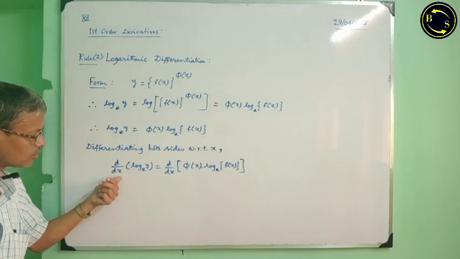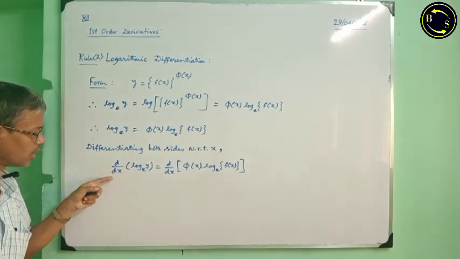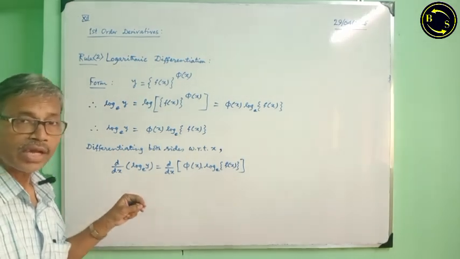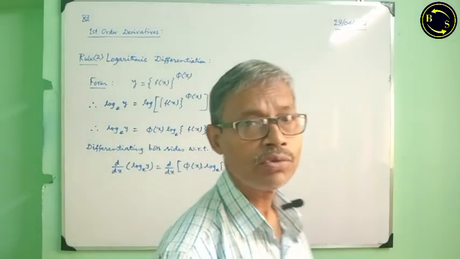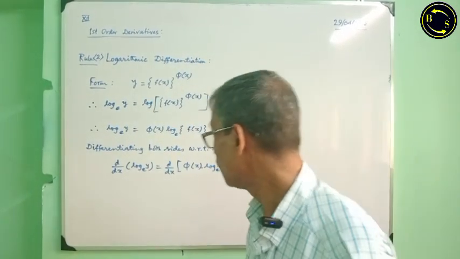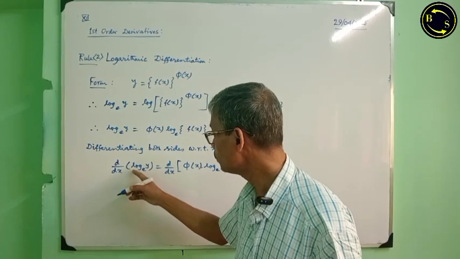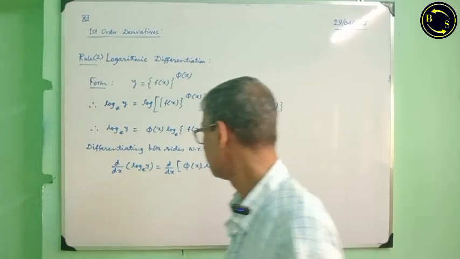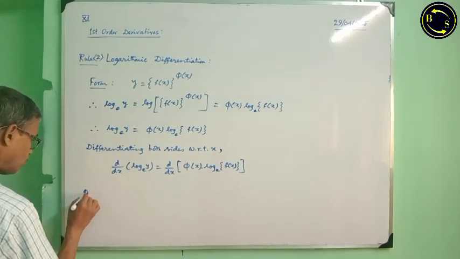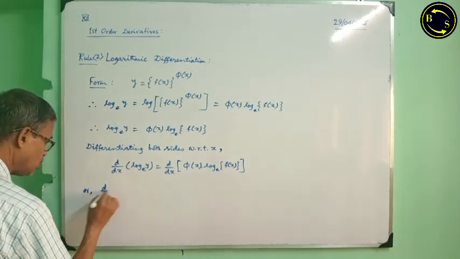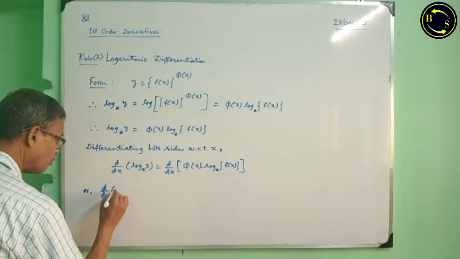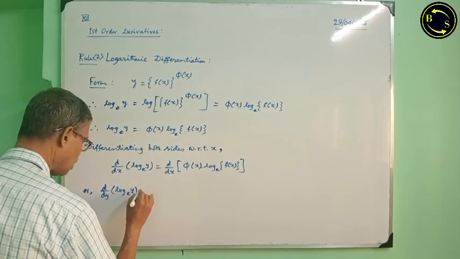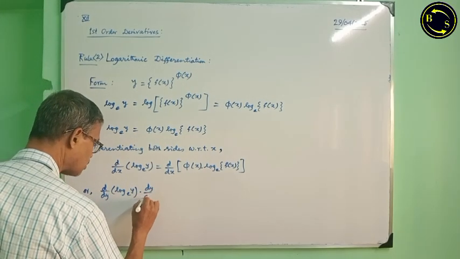Now we find on the left side the derivative of log y with respect to x. That is not possible directly. Here we have to use the chain rule. That means we have to differentiate it as it is a function of y, with respect to y first, d/dy of log y, into dy/dx,